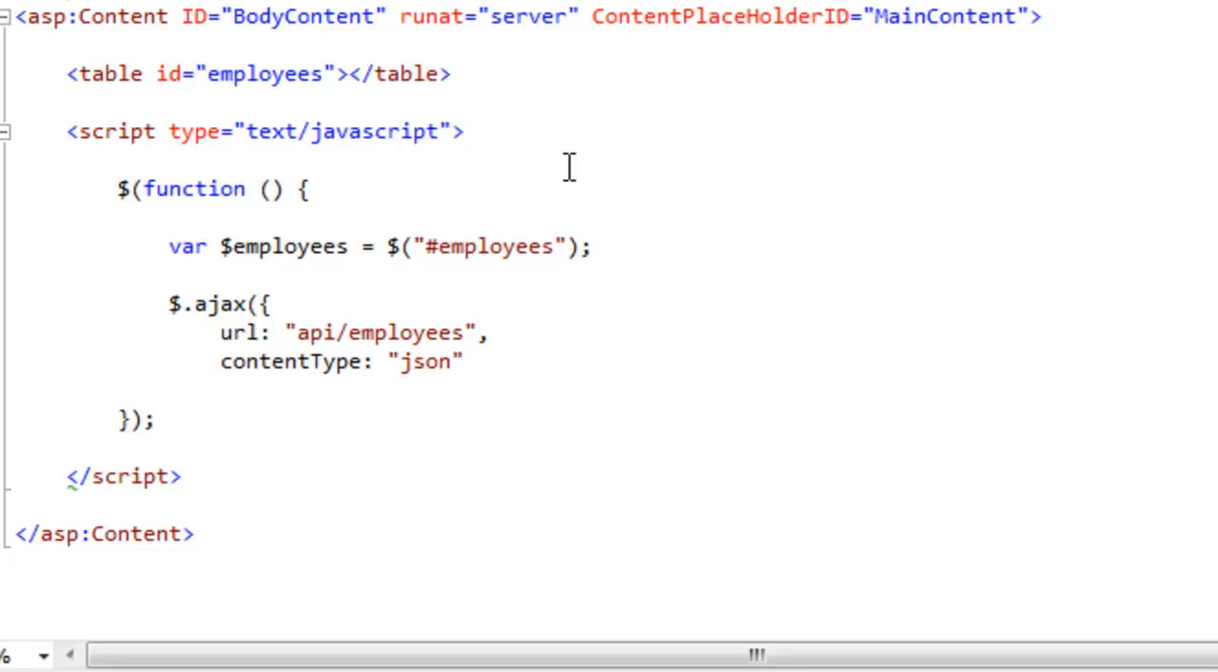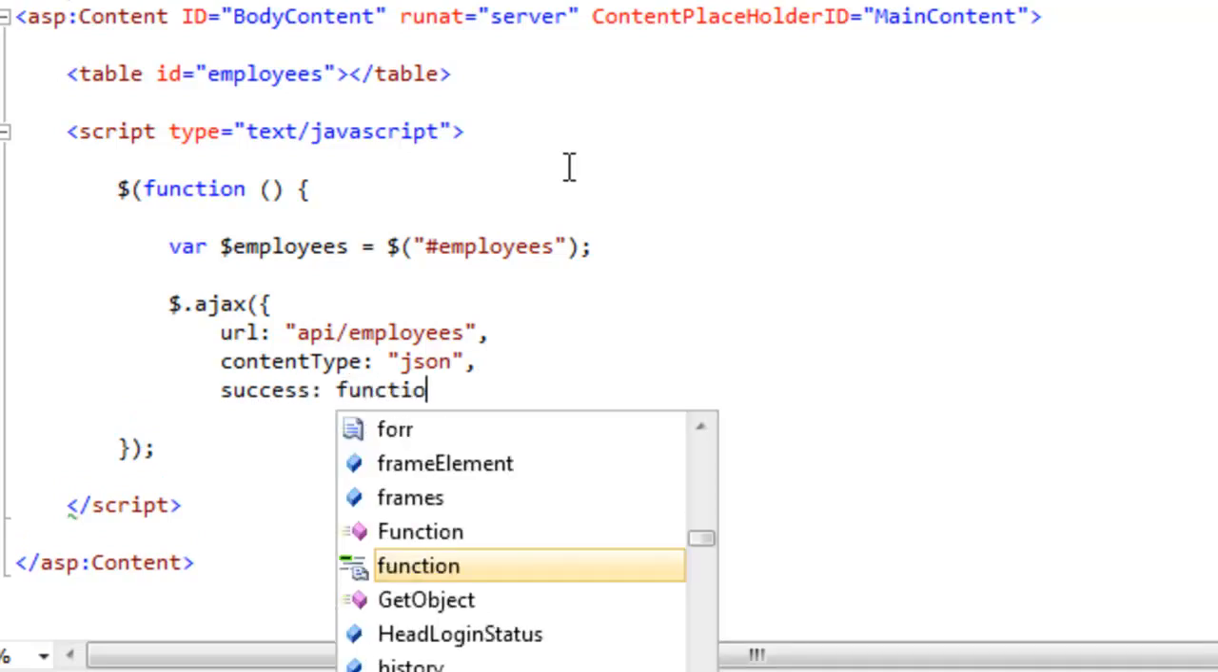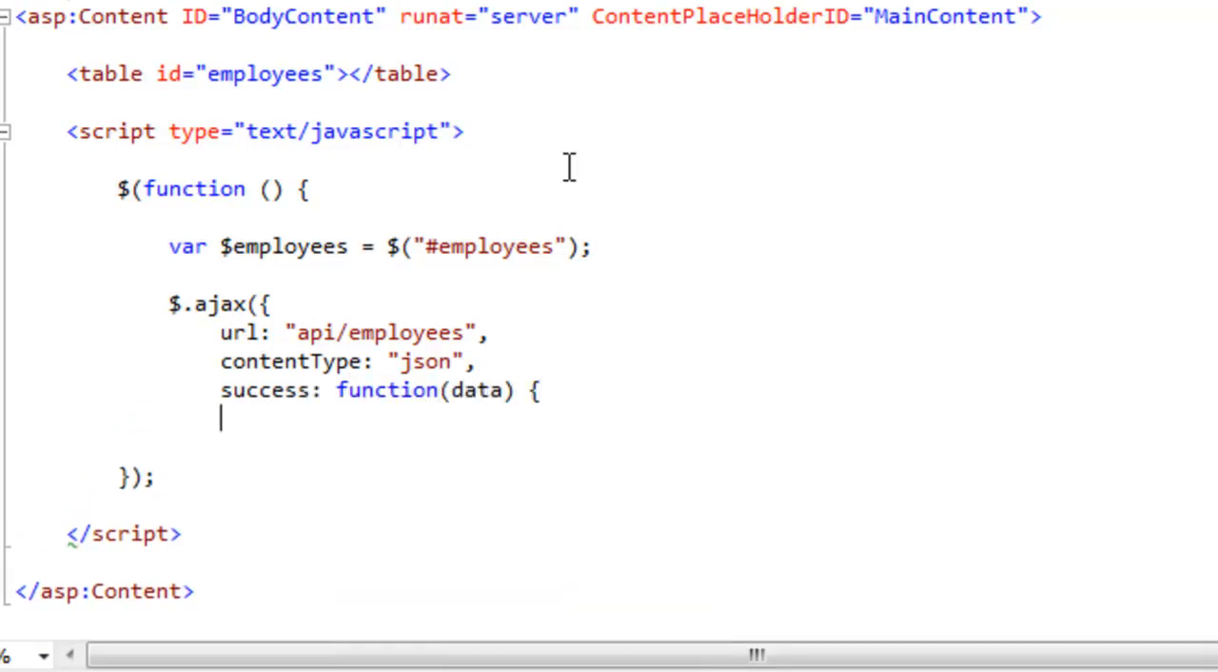So the next thing that we want to do is create a success function, and this is the function that will be called when there is a successful result from the server, or the server sends back a 200 response code, which is OK. Everything happened OK. Here's some data back, and the data that comes back will be contained in this data object. So the data object will hold an array of the employee objects in JSON format that we got from the Web API service. So we're going to want to iterate over each one of these and add a row to